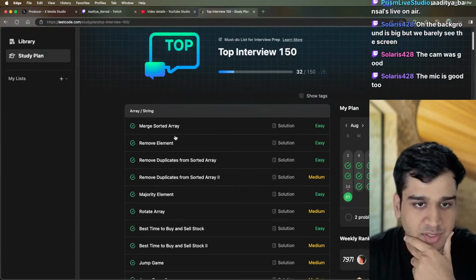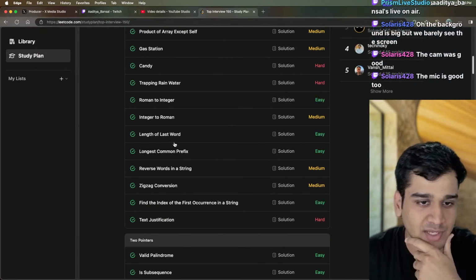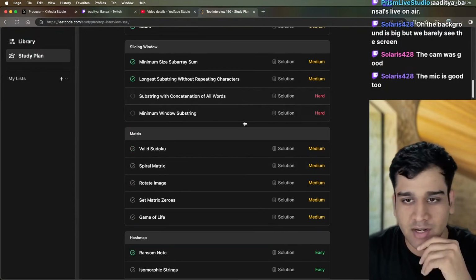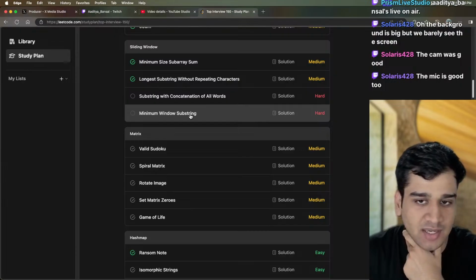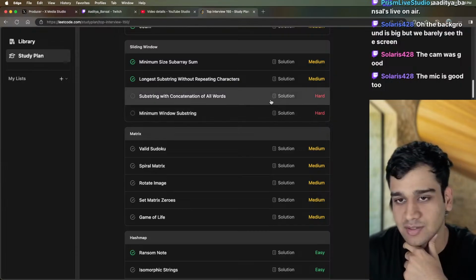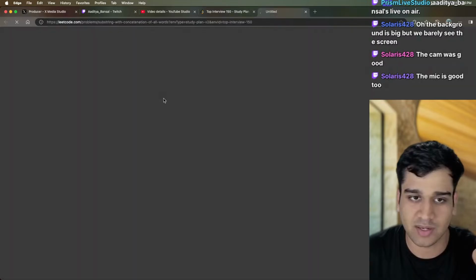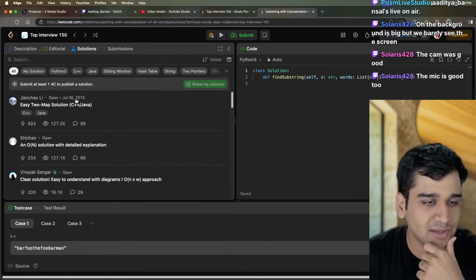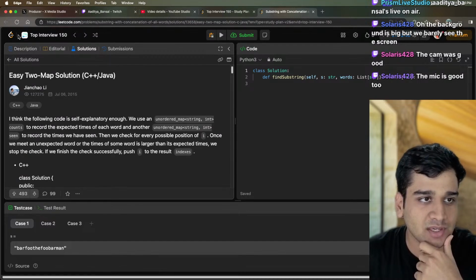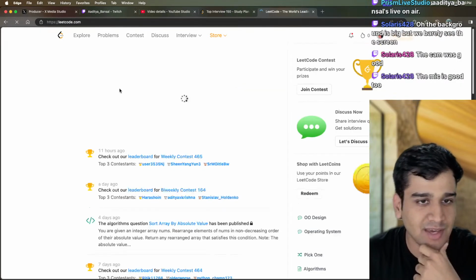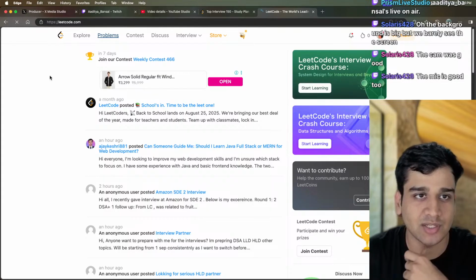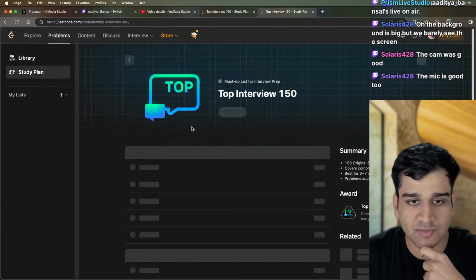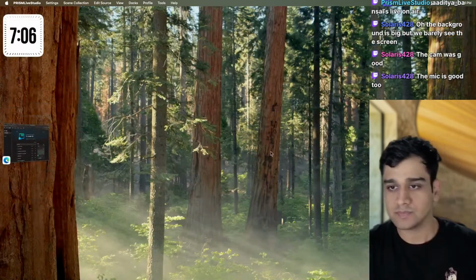I have solved the previous ones: array, string, two pointer approaches, and then sliding window. There are some hard ones which I will leave for the last, because I tried looking at some of the solutions, but they are still a bit confusing. So I guess it's better to keep up the pace and cover more topics rather than going into details about every single thing. So continuing with the study plan,